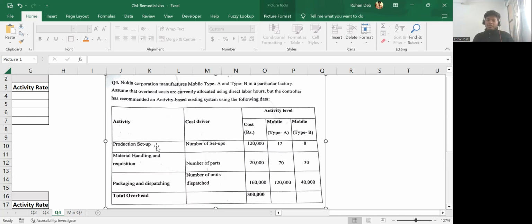Now each activity can be allocated using the labor hours that are used for the total production. So type A requires certain labor hours, type B requires some labor hours. So you can take the total cost and divide it by the labor hours to allocate it. So basically, why this is important is